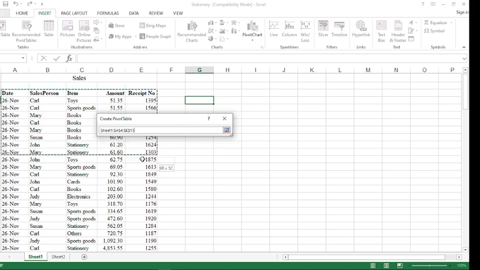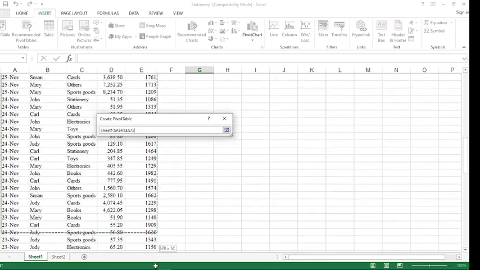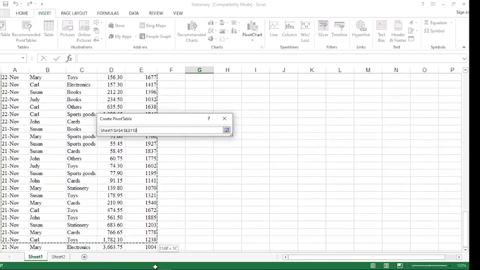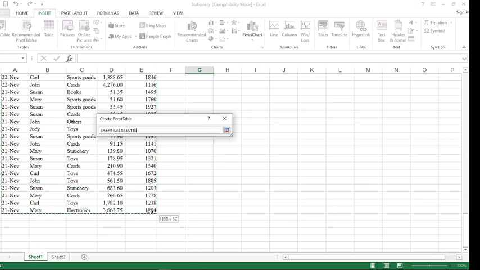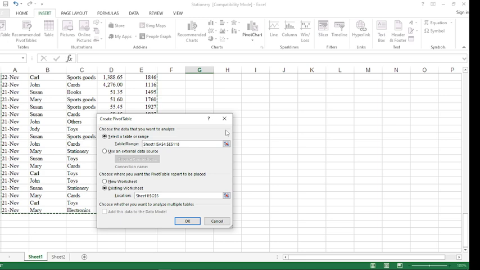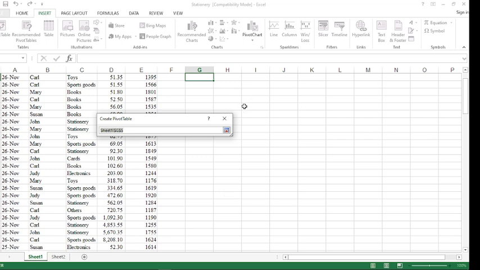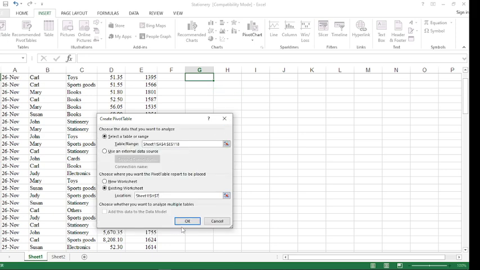You select the entire range up to that level, then you click on the selection arrow, then choose where you want the pivot report to be placed. Is it on a new worksheet or existing worksheet? Let us use the existing worksheet, and then let us choose this location, and then you click on